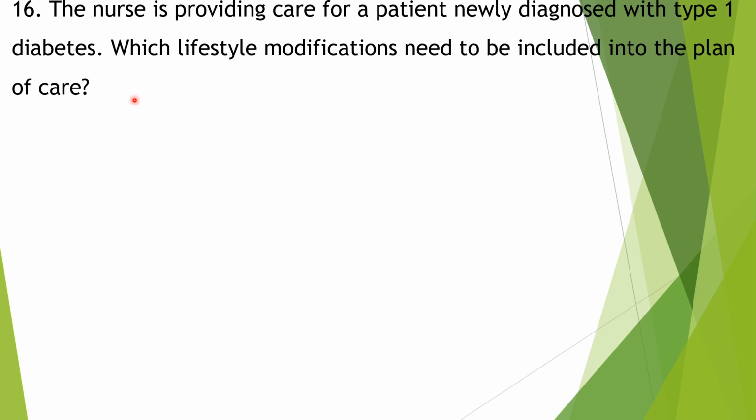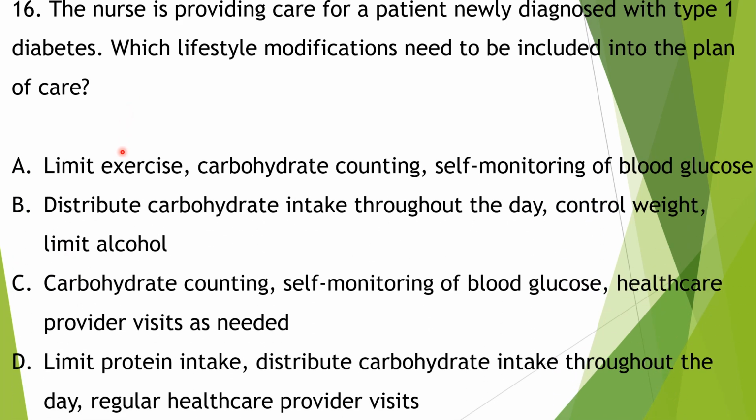Which lifestyle modification needs to be included in the plan of care? Limit exercise, carbohydrate counting, self-monitoring of blood glucose, distribute carbohydrate intake throughout the day, control weight, limit alcohol, carbohydrate counting, self-monitoring of blood glucose, healthcare provider visits as needed, limit protein intake, distribute carbohydrate intake throughout the day, regular healthcare